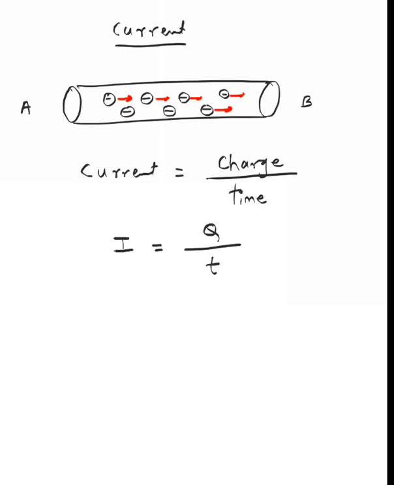Now, how do you find the total charge which is present? For finding the total charge, you have to do N into E upon T. Now, what is N over here? N is the number of electrons. For example, here I've drawn how many electrons? 1, 2, 3, 4, 5, 6, 7. There are 7 electrons. So you can do 7 into the charge of each electron. That will give the total charge present in the conductor.